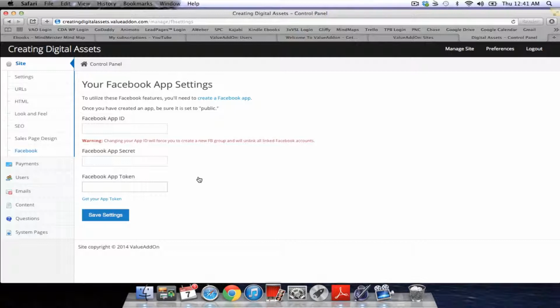And if they don't pay, or they refund and they're out, they're not in here anymore, they'll automatically be removed from that Facebook group, so that you keep the integrity of that group. There's some integration there, and this is what this setting accomplishes. So yeah, just know that you can do that.